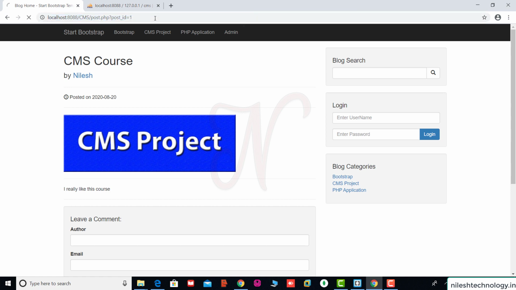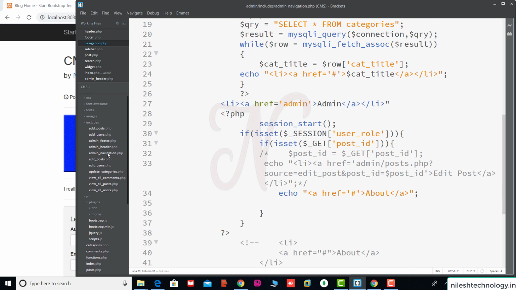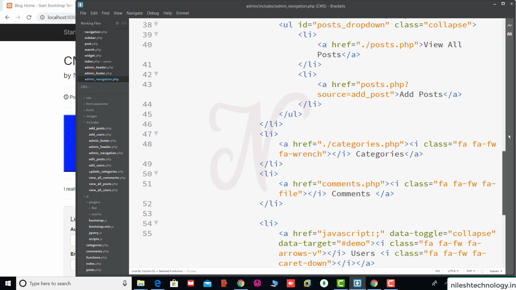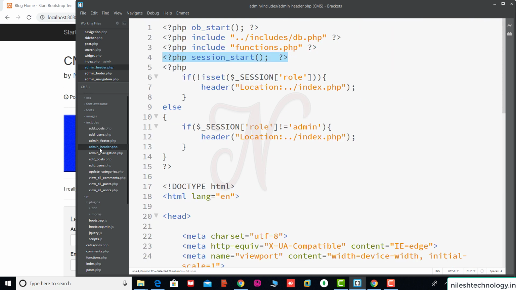See here, refresh this code. So we check it again. We already added the one code in this admin header, session start, we check here.